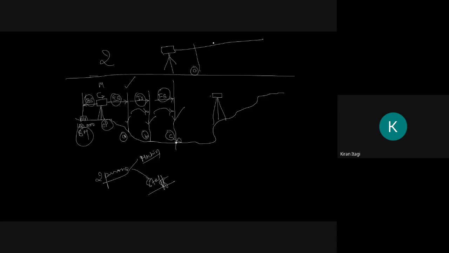This is my line here. This is station A, station B, and this is station C. At station D, I am not able to see the staff. So I will shift my instrument to here so that I can see the staff. This is called a change of point. While doing the change of point, the person standing at this point C should not lift or move his staff.